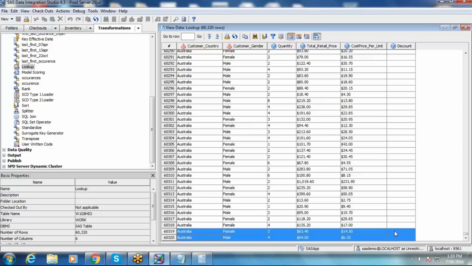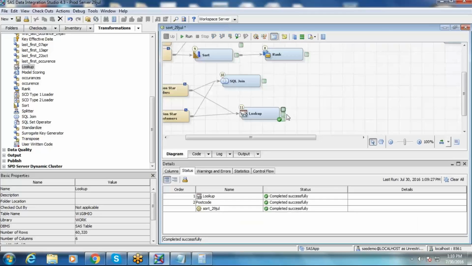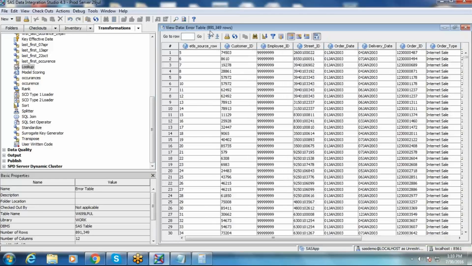So the fact table contains non-Australian records which have customer IDs in them. They are considered unmatched records and are routed to the error table and exception table. Your total order fact table has around 9 lakh odd records, and the remaining strength is routed to the error table or exception table.